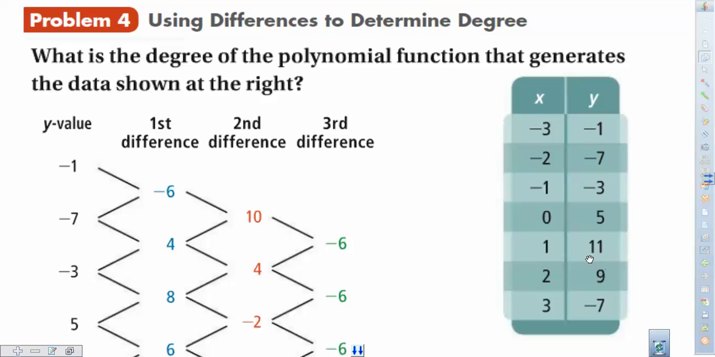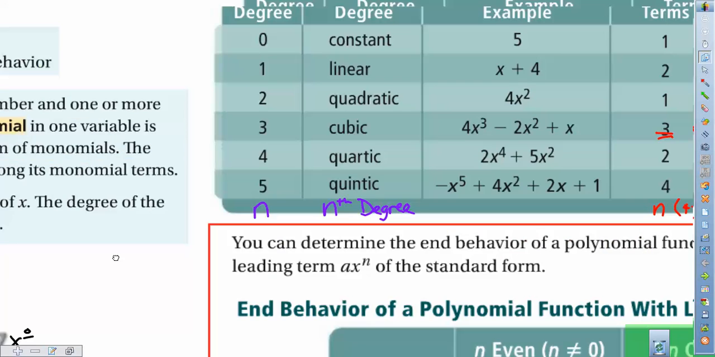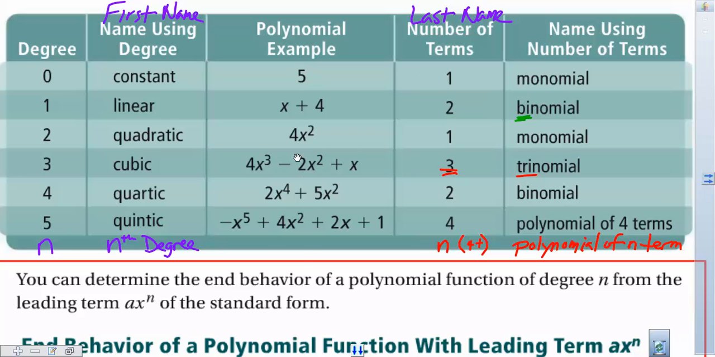In other words, let's get down to it. There was some polynomial function. Let me go back and show you this right here. So you got a whole bunch of polynomials here. If you were to graph that function, you get a whole bunch of x's and y's. So I put a whole bunch of y equals 5 or y equals x plus 4 or y equals 4x